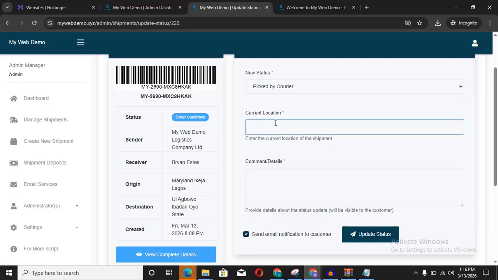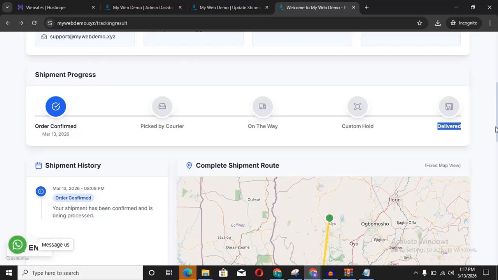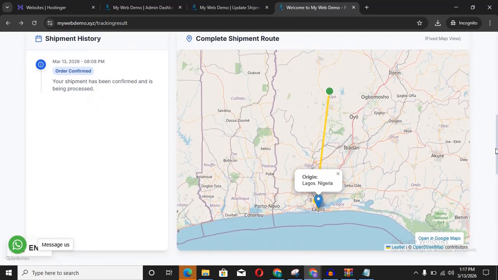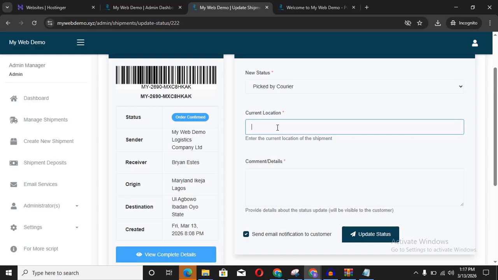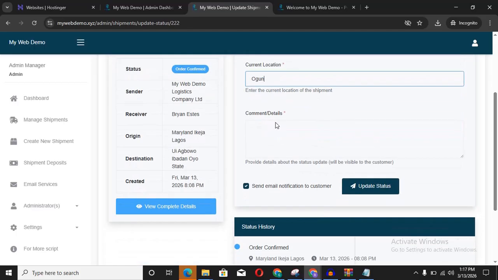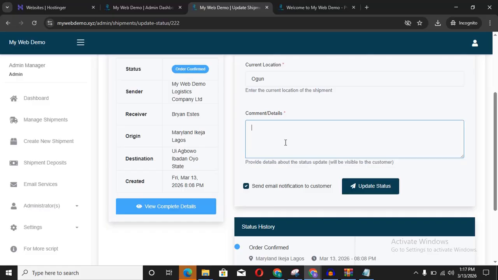So where should it be right now? Basically from Lagos to Ibadan, there are different routes that you can take, but let me just go to the map and see a lot of routes that are in between them. So we have Ogun before we get to Oyo. So now I can just say the shipment is currently in Ogun. So I'll say current location Ogun. Then comment, stroke details. So comment from the shipping company. You can just put in anything, like, let's say